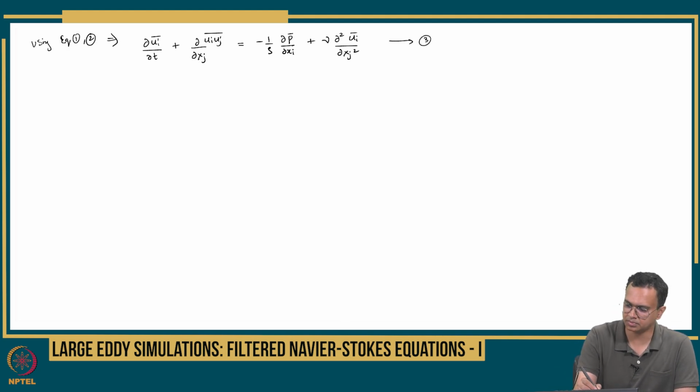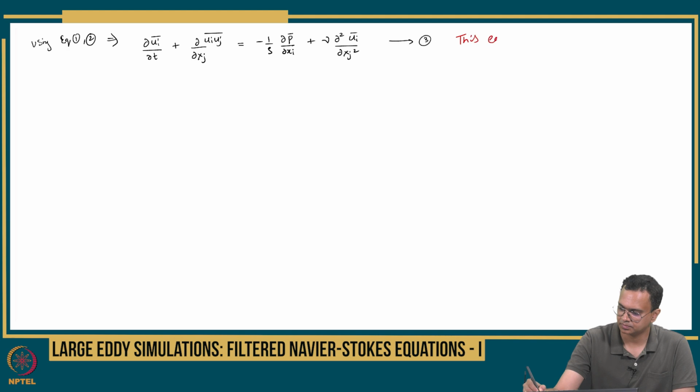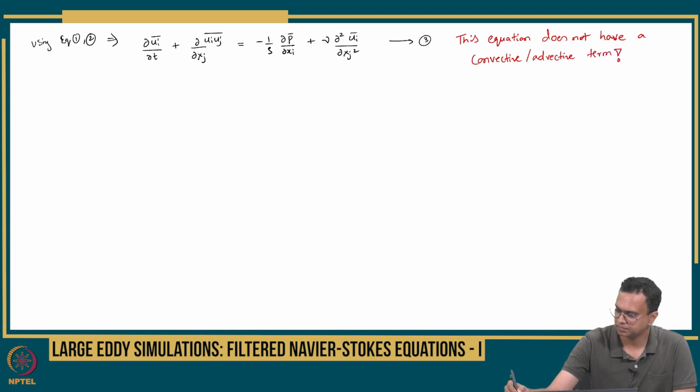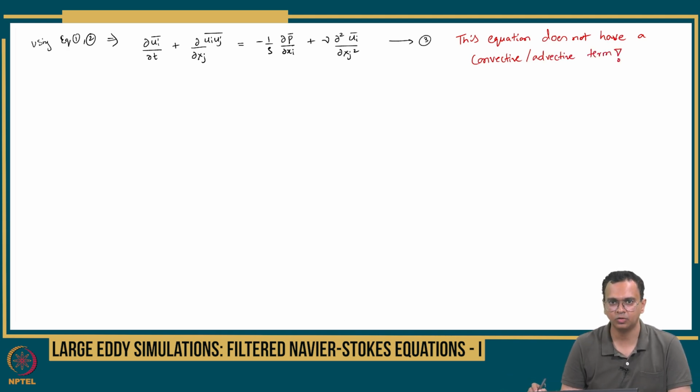So this equation does not have a convective term, or advective, if you want to call that. So we want to write it in a general transport equation where convective fluxes are there, diffusive fluxes are also there, the unsteady term is there, and then source terms,